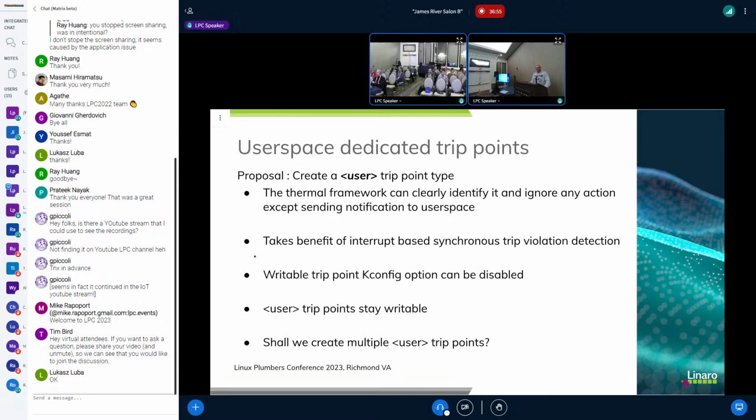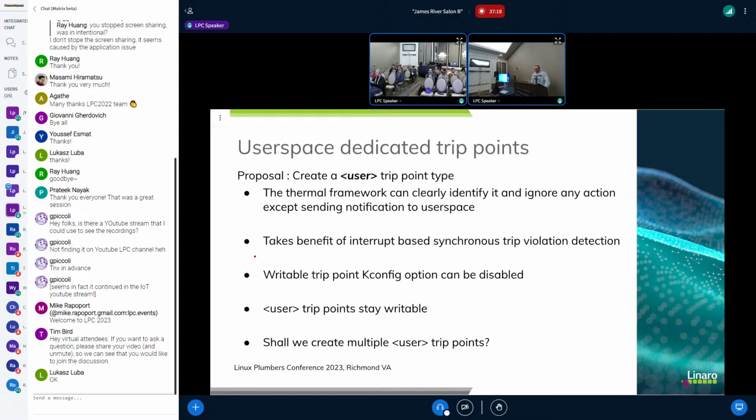So we can clearly identify that this trip point is for user space. So we keep using the logic inside the thermal framework. It will be handling the trip point and setting the threshold and interrupt when we cross a specific temperature with this trip point.